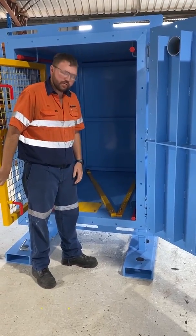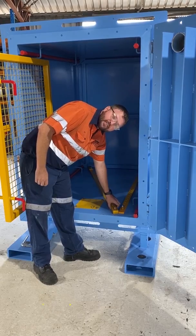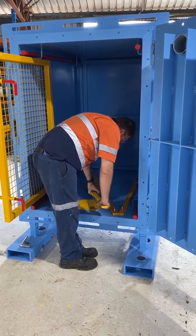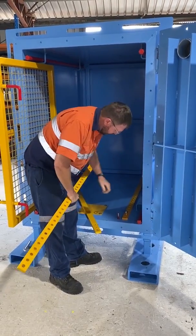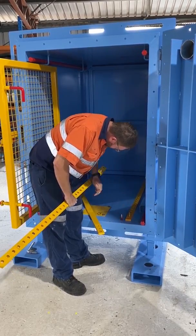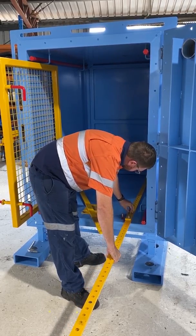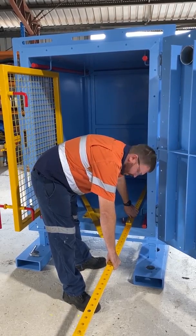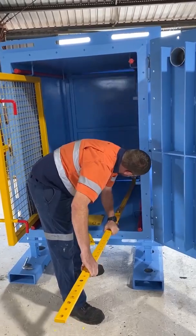Once the door is installed, we're able to remove this clip, which locates our extensions to our handles. We can then remove the nut from this position, place the extension handle on top, and re-fix the nut. From here, you can open the rear door,